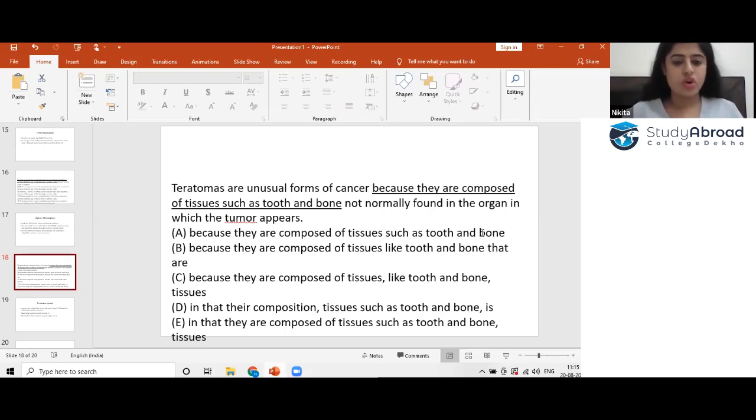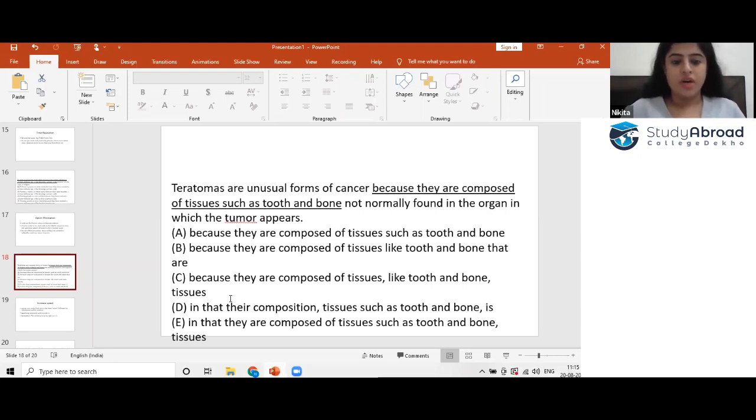Okay, so with this logic, we eliminate A. Let's have a look at B and C options. Students, you can pause the video. It might feel that I am rushing through the questions, so definitely you can pause the video and take as much time as you want to understand the meaning first, and then you can listen to the explanation that I'm giving over here.